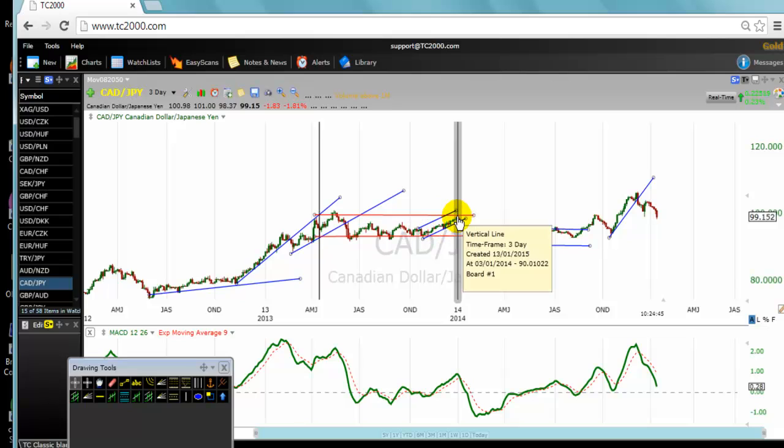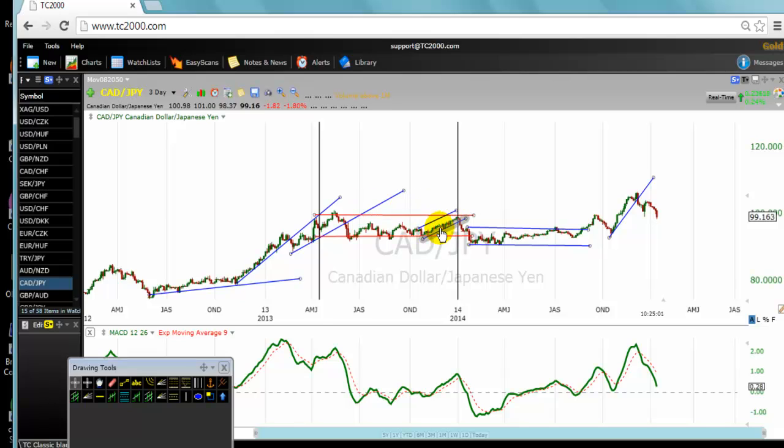So instead of using the MACD on a 3-day chart, because we have a consolidating market pattern there, as soon as the price starts displaying higher highs and higher lows in a new channel like this small channel here, we can